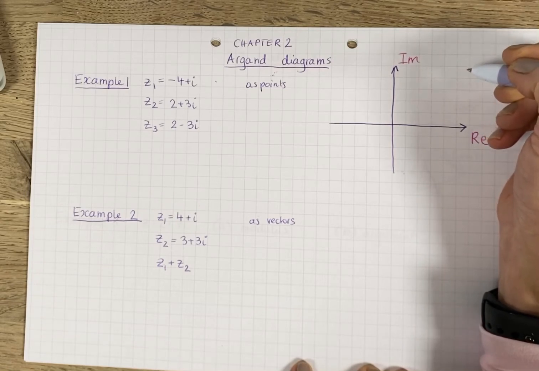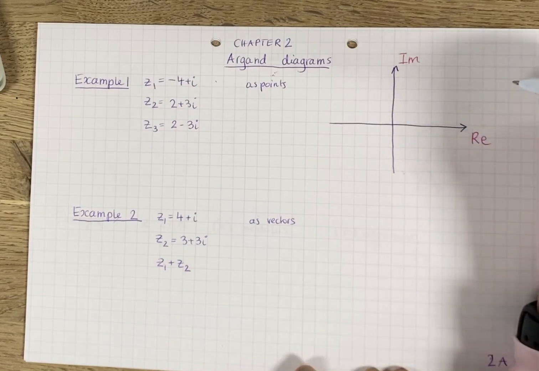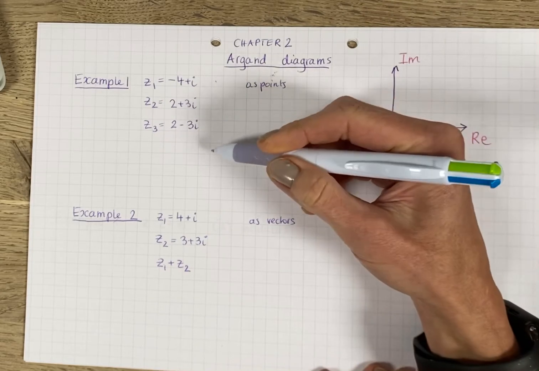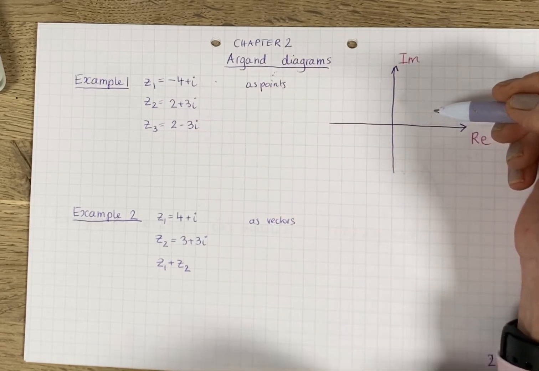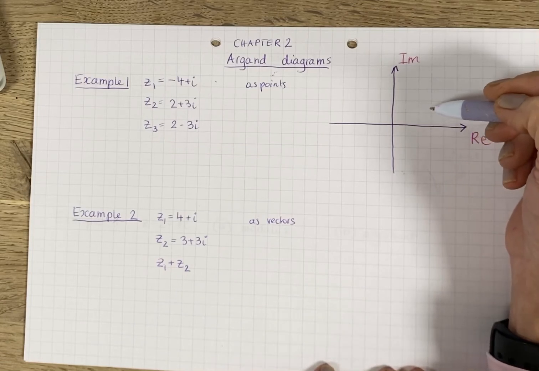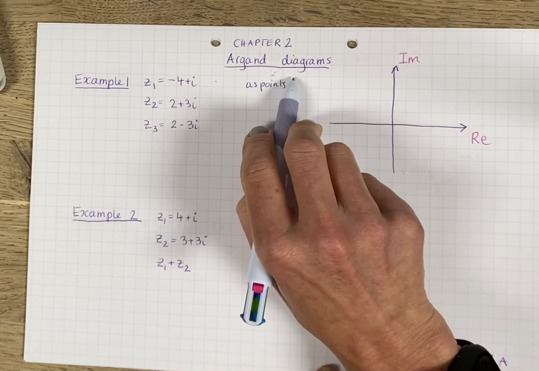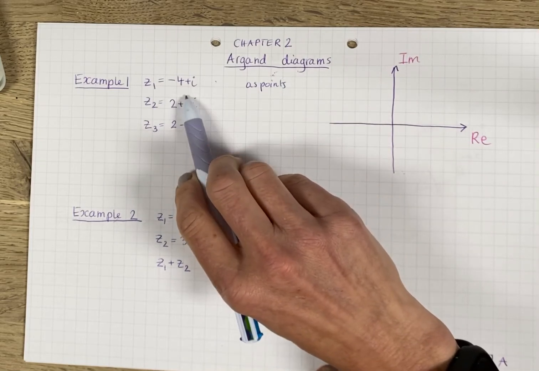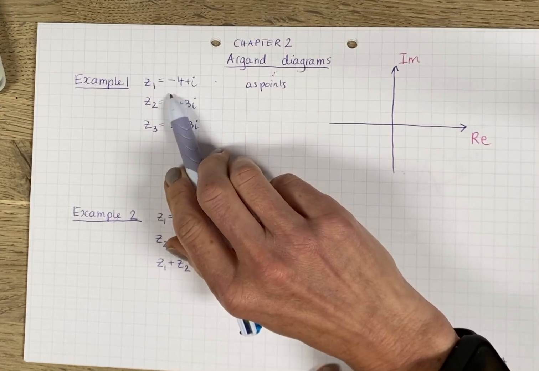The real part of each point corresponds to the x-coordinate on the Cartesian grid, and the imaginary part corresponds to the y-coordinate on the Cartesian grid. Right, so to plot a complex number, you can plot it as points or as vectors. So as a point, we've got to plot, in example 1,